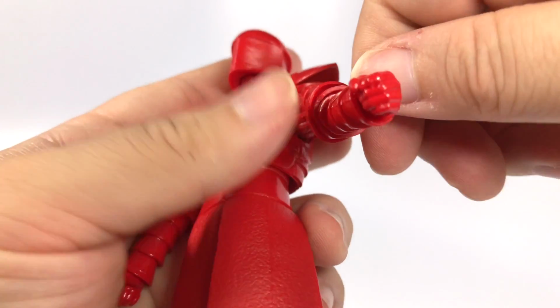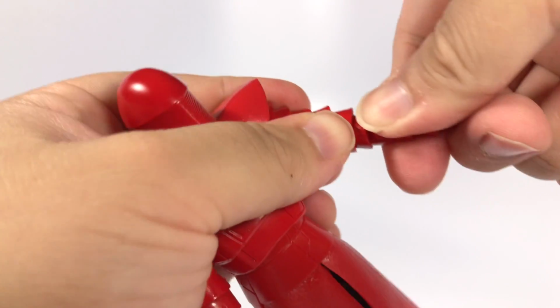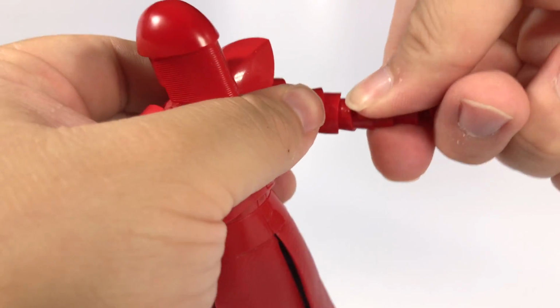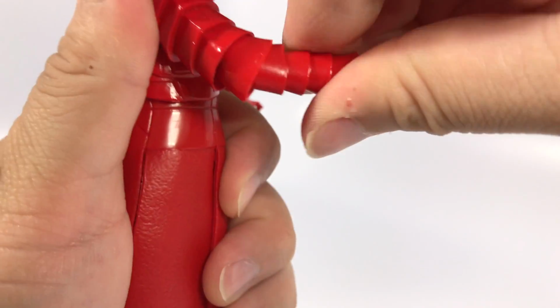And if you look in there, you can actually see that they're attached in place to the arms, so that's kind of hindering any movement. Now you can sort of make like you're going to bend it forward, but it really doesn't do anything. Even the right one right there, I mean,